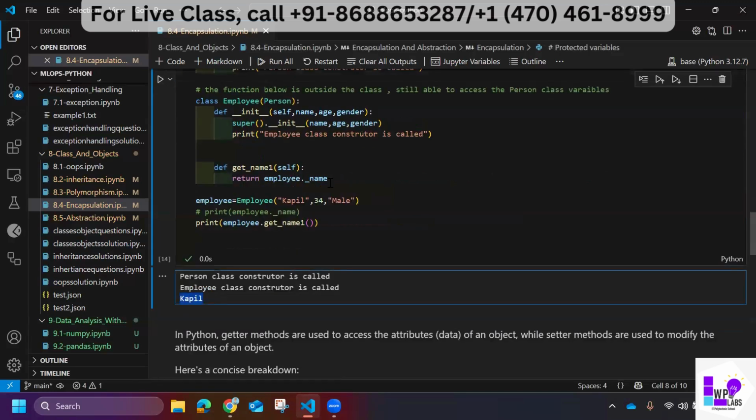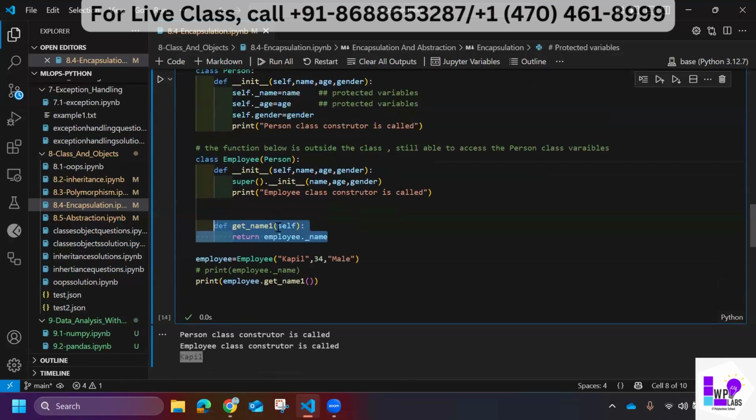So I can easily, because it's a child class, I have to use self here. If I want to make it part of this child class, now it became an instance method. But if I do it like this, now self is not required. I have to use person and employee dot name,